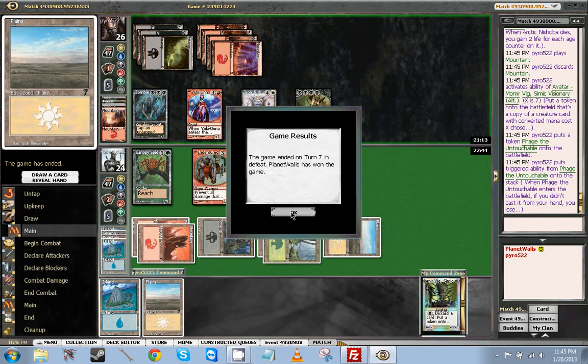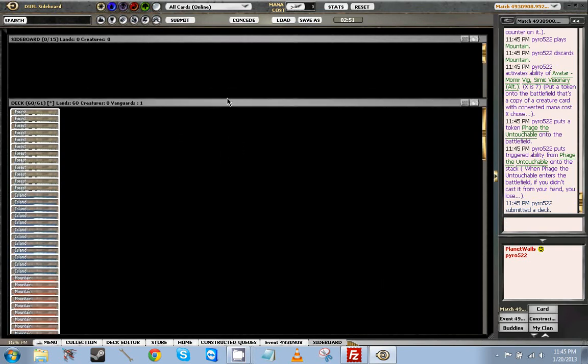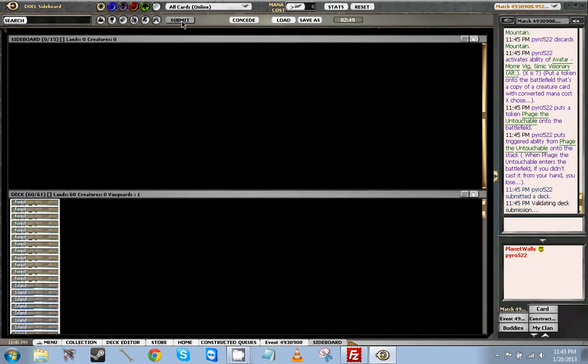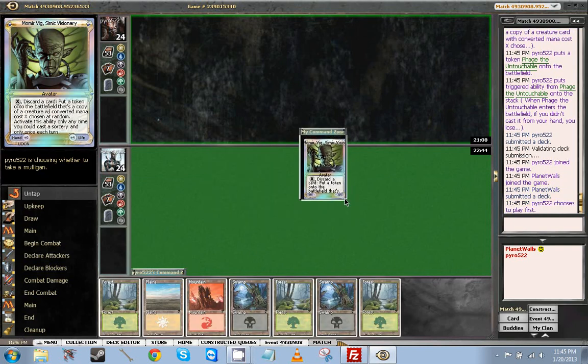So he just lost from a triggered ability. That's awesome. I've only seen that happen to me before, but I'm happy you guys got to see it. In case you don't know what this card does,